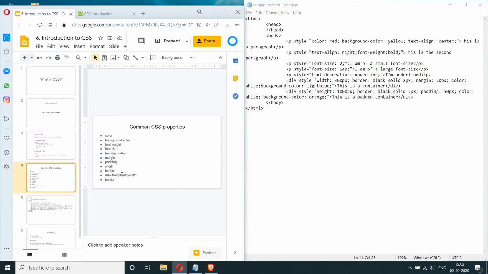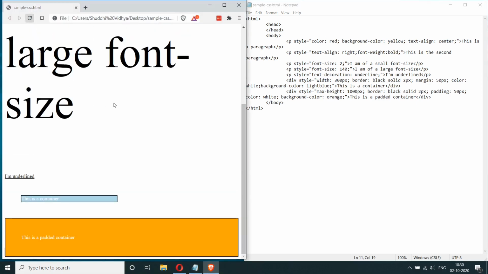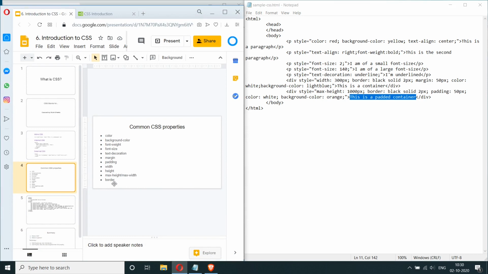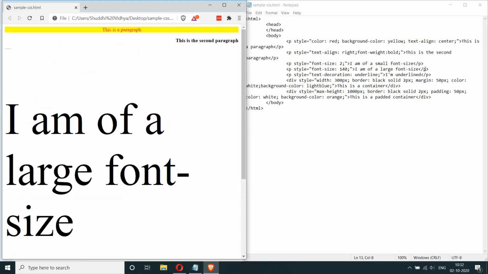Okay, and also you have something called a max height and max width. So let's say instead of saying height is 1000 pixels, if you say max height is 1000, you'll see a difference here. It goes back to this, but let's say you add content here. Normally when you add content, it will keep increasing the size of the container. But when you say max height is 1000, it will automatically stop increasing the container's height beyond that point. So max height is useful in some points. Same for max width. And we also saw border. Okay, so here in this document, we've seen a list of some commonly used CSS properties. So this is how you'd use some of the most common CSS properties.